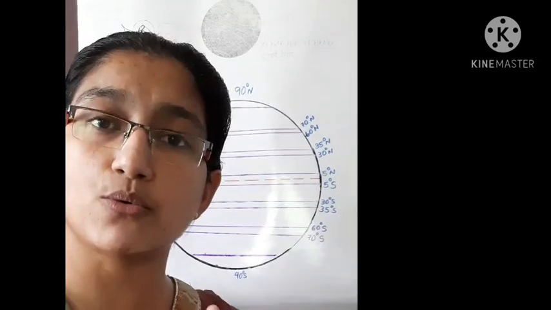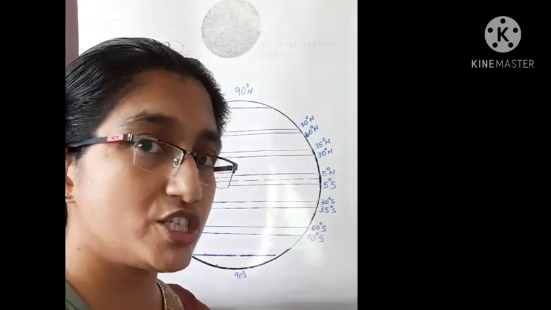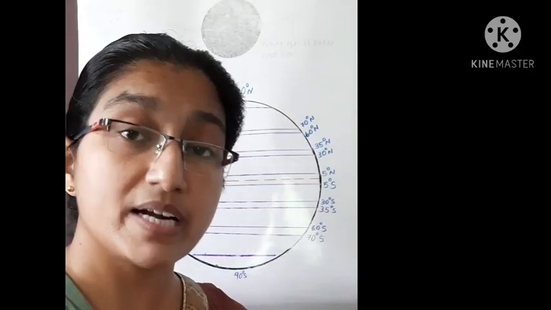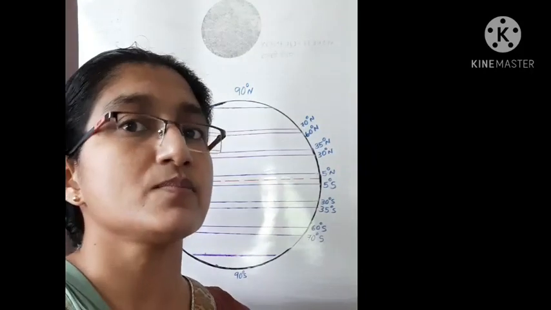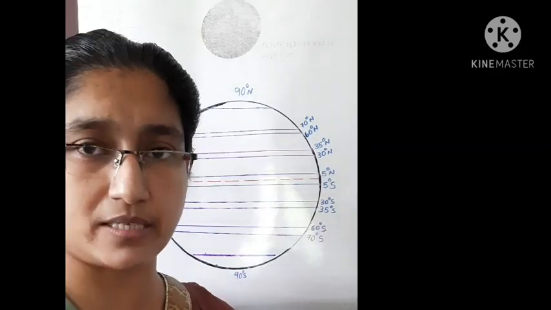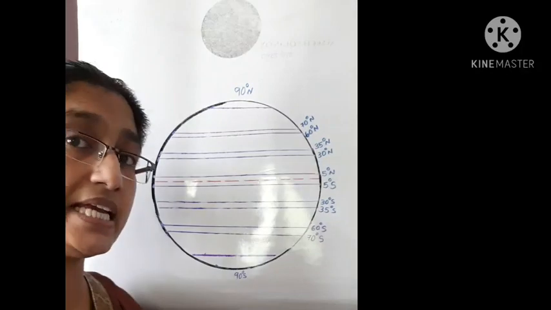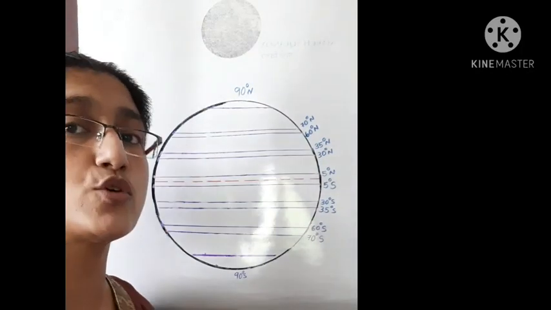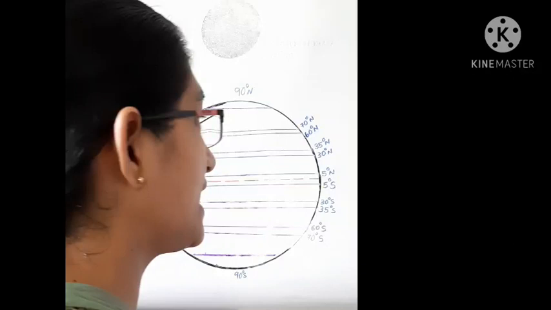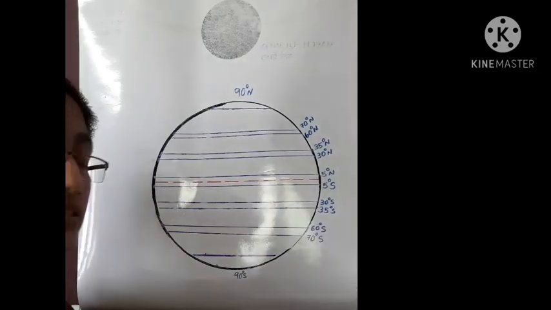We know that wind always moves from a high pressure region to a low pressure region. And what is the definition of wind? Wind is the horizontal movement of air. So wind depends highly on the existence of pressure belts. So we can learn about the planetary winds in this session.